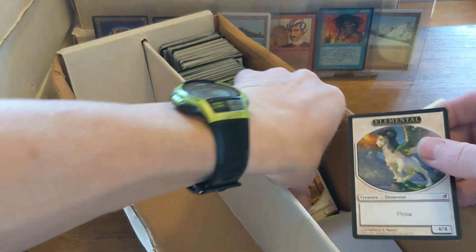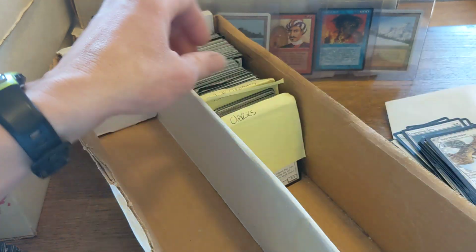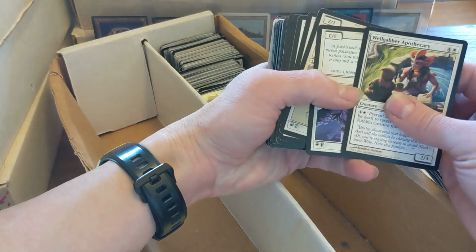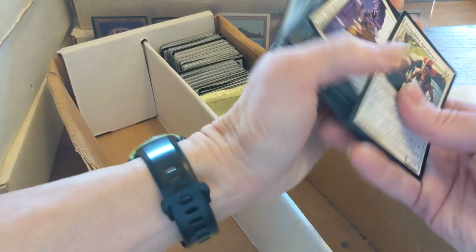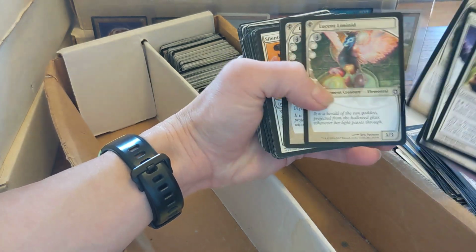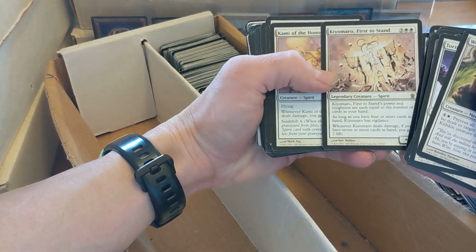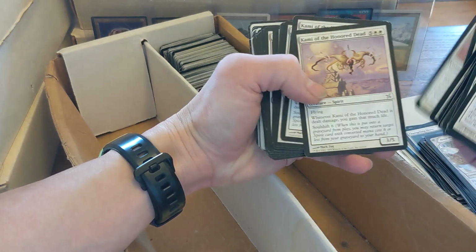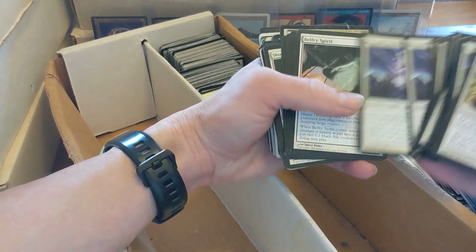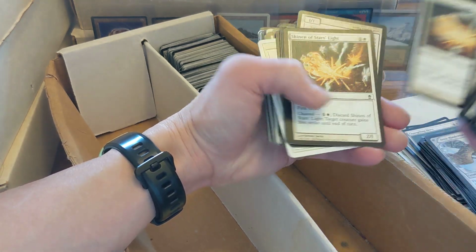White tokens. This must be all tokens. Yeah. Clerics. It's all upside down. Just flip it. Okay, Mora, first to stand. I'm glad to see a lot of these are from that Shadowmoor Morningtide era. I mean, there's some, it looks like, from Ravnica and Cold Snap and Future Sight and whatnot, but...